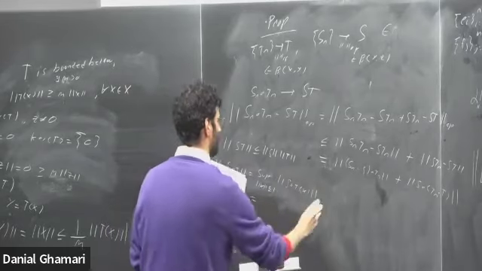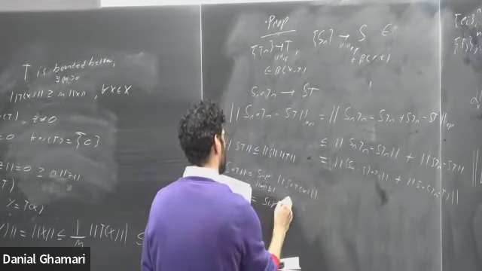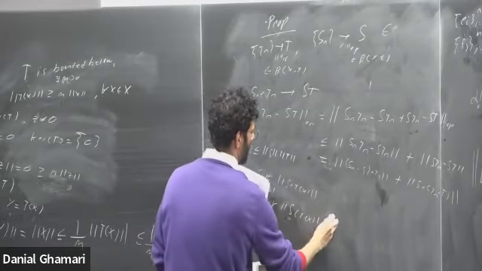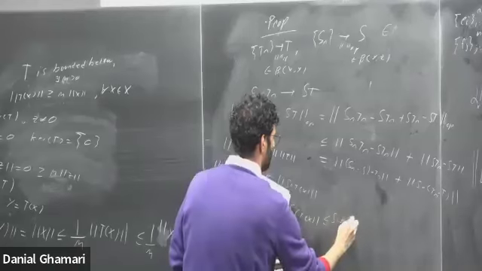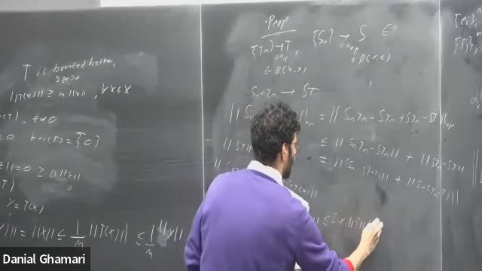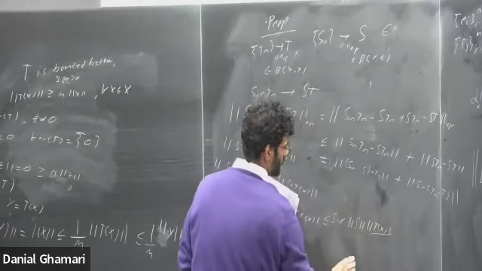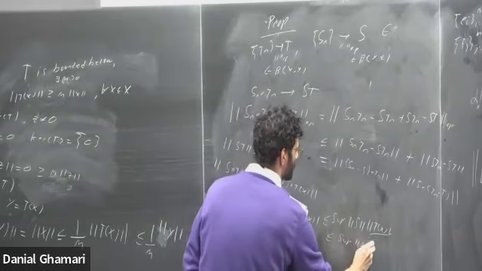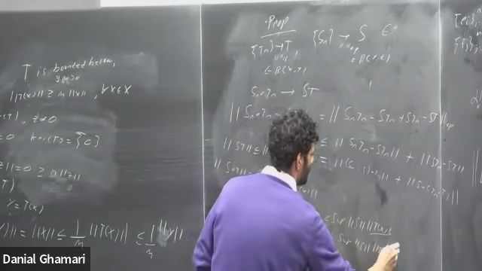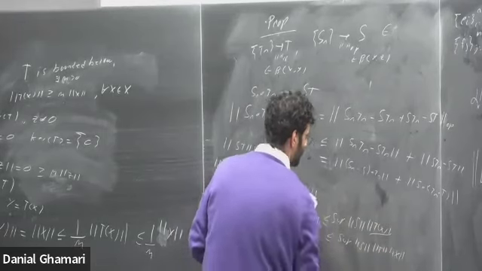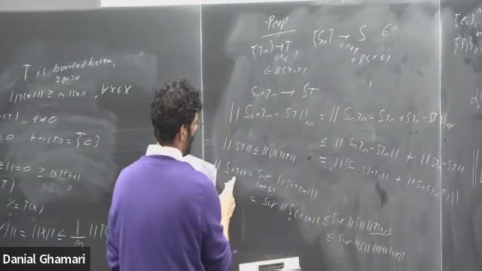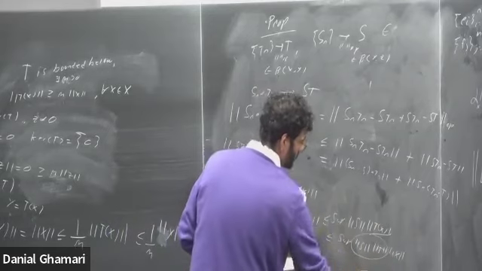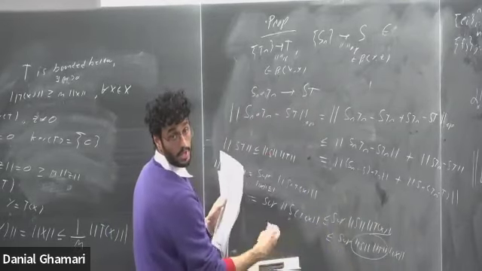What I can then do is say that this is bounded by the supremum over s of t of x. If s is bounded, then I can bound this above by the supremum over norm s, norm t of x. If t of x is also bounded, a linear operator, this is bounded above by the supremum over norm s, norm t, and then norm x. So what I have here is that the operator norm of s of t is bounded above by this. It may not be equal to the operator norm of s of t, but at least it's an upper bound.